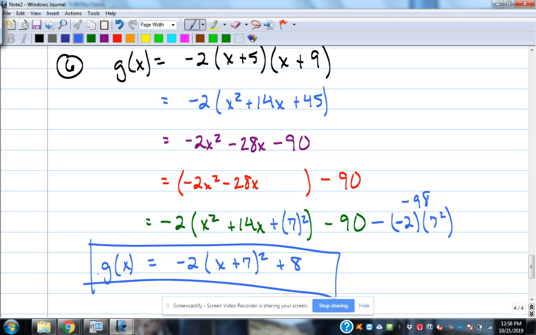There is our value in vertex form of that. So we've been converting from standard form and intercept form into vertex form. Being able to move between all of the different forms of quadratics is a good algebra skill, handy to do. All right, so